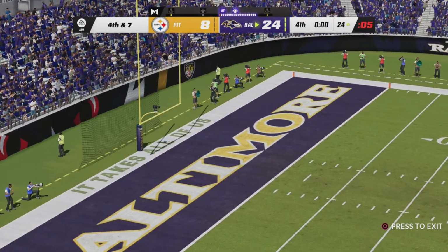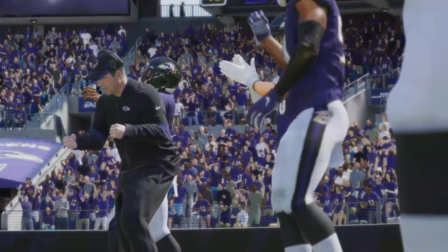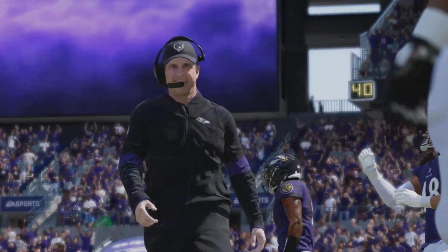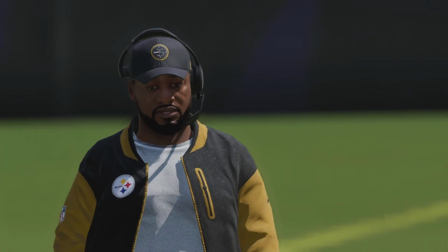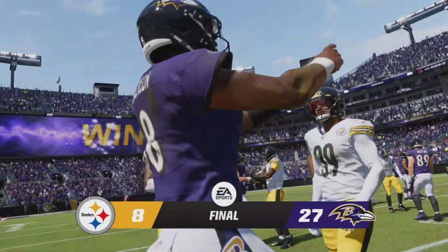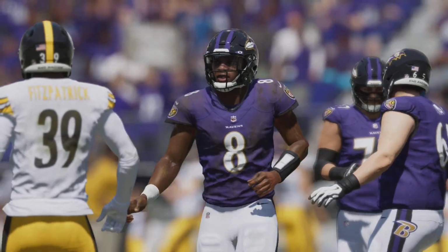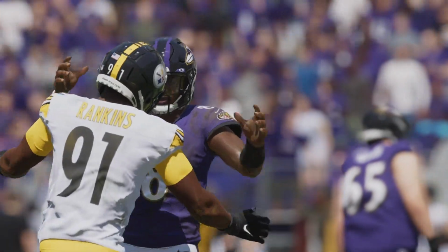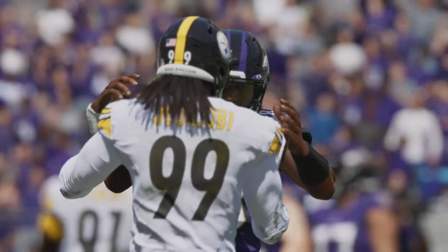And the 11-year veteran bangs it through, and that will extend their lead even further. So the final seconds tick away in this Baltimore victory, and I think the game balls need to be distributed on the defensive side of the football, and I bet that you would agree. Yeah, if you hold a team under 10 points, that's a job well done, really well done. So I would say game balls for every starter and every key player who participated in this